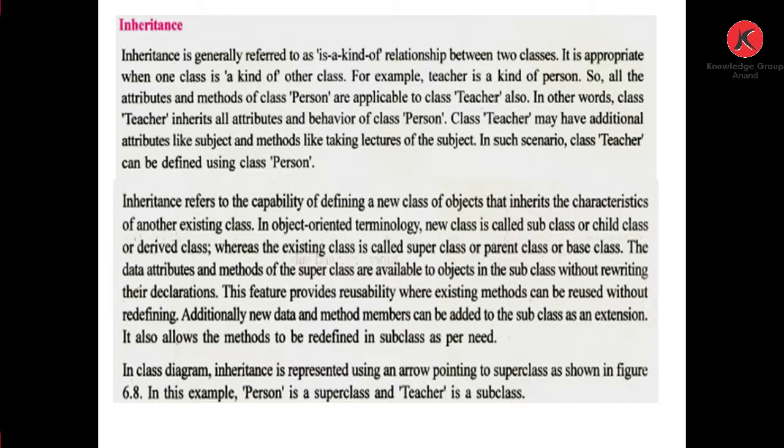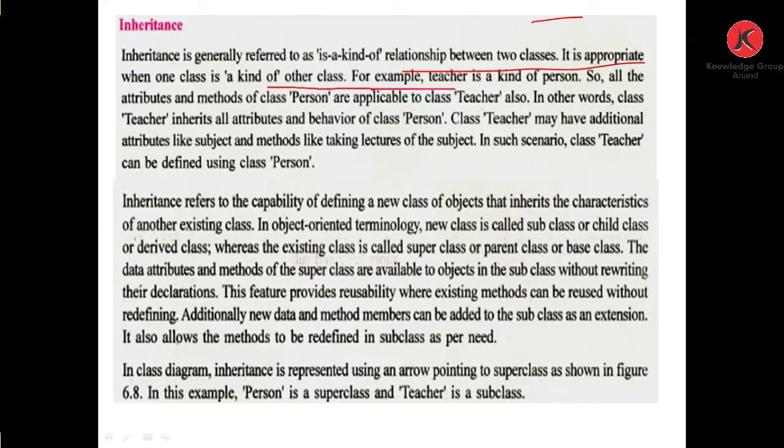The last expectation of an object-oriented language is inheritance. Inheritance is generally referred to as an is-a-kind-of relationship between two classes. It is appropriate when one class is a kind of another class.